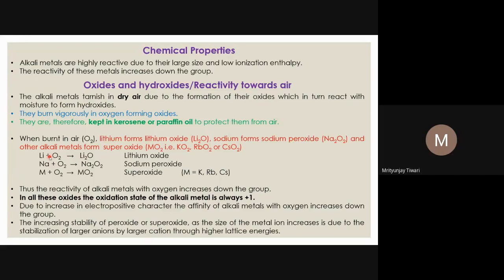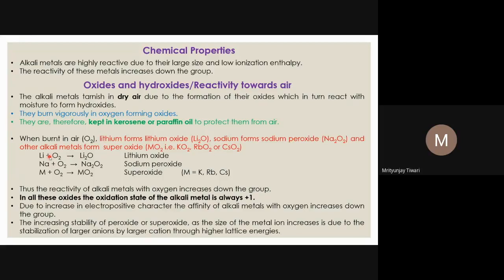Then for sodium, what we see is that sodium forms peroxide. Peroxide means what? We have seen O2 2-. Oxide has one oxygen atom which has a two negative charge. In peroxide two oxygen atoms are together and they have together a two negative charge, so one oxygen effectively has one negative charge. That is peroxide. And then we have superoxide. In superoxide the oxygen molecule is there, and you just add one electron to the oxygen molecule, so it will be only one negative charge. That is superoxide.